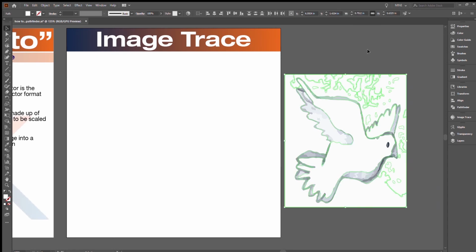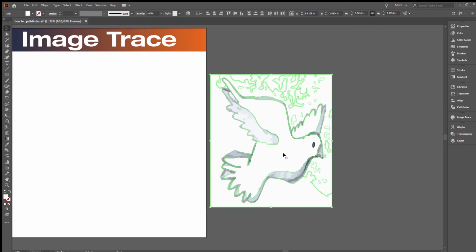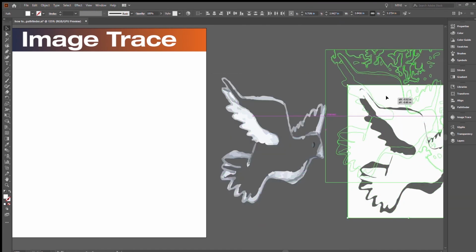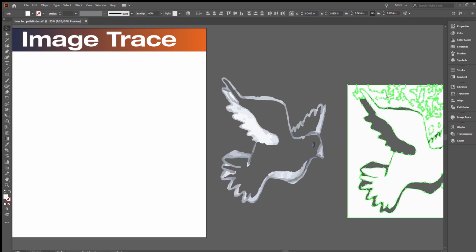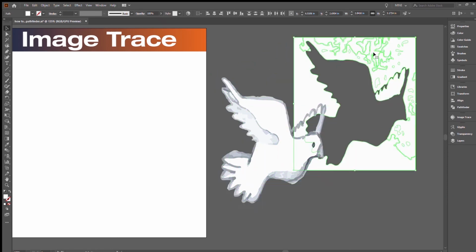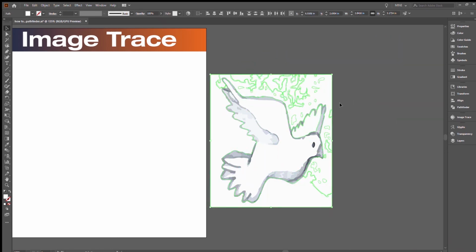What that recognizes is all of that same color that I selected. So you can see it even took out the middle of the bird. If you don't want the middle of the bird, just hold your Shift key down and click on that area. So see, it got rid of that. And let's do the wing. So now we have just the dove. You can zoom in